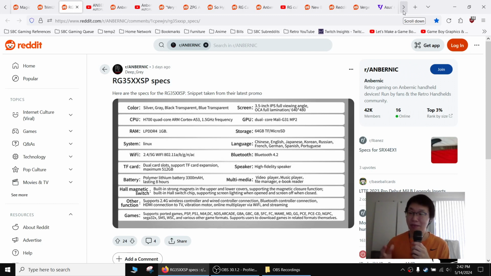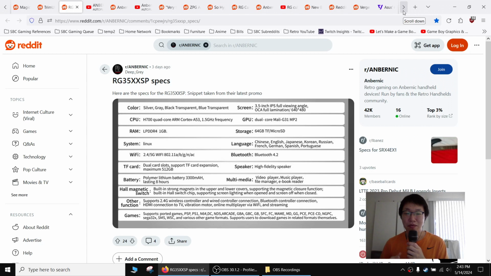RG35XXSP. This is the Game Boy Advance SP clone, and Anbernic has been doing something very smart and highly effective. What they're doing is taking a look at what other companies are releasing and seeing what gets the most hype, copying that, making their own version, and then releasing it earlier than the competitors. And the funny thing is, they're paying attention to all the feedback from people online and using that to direct their release. So for the SP, we have the same specs as the 35XX 2024, the Plus, and the H